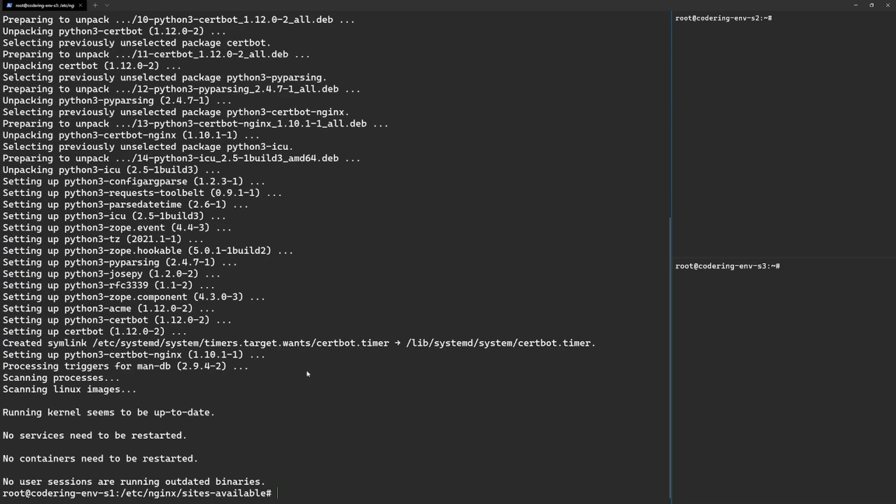Okay, so we just installed Certbot. What we need to do is go ahead and obtain a certificate. So we'll type in certbot or sudo certbot, though I'm on the root user already, so it doesn't really matter. Then --nginx, which is the nginx plugin, and -d, which is used to specify the domain. So we're going to specify the domain for S1